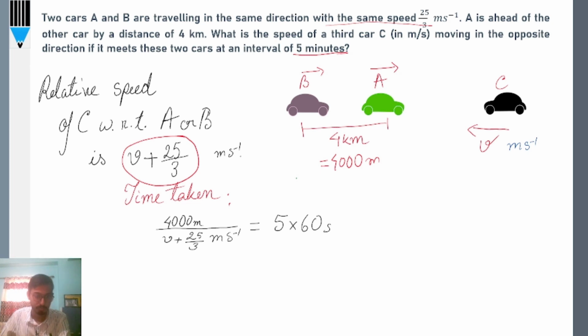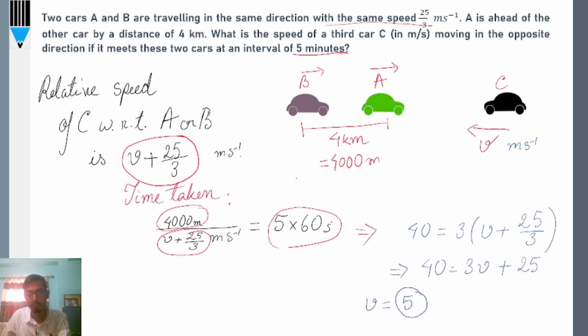The time taken to cover the distance is 4000 meter divided by speed, which is equal to the time given, 5 into 60 seconds. If we solve this, we get v is equal to 5 meter